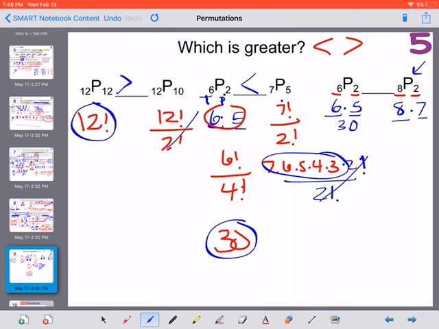This is going to give us 30. 7 times 8 is 56. With more objects, we have more choices if we're looking at the same number, 2 objects at a time. So you can use what you know about permutations